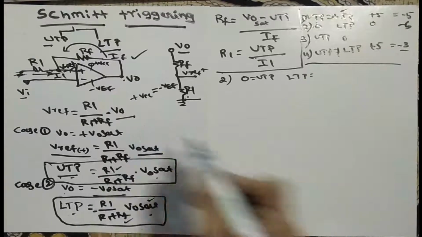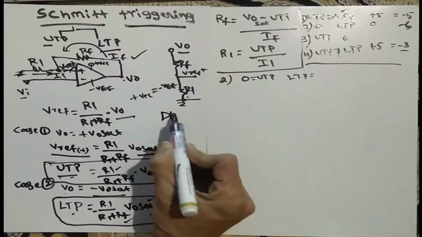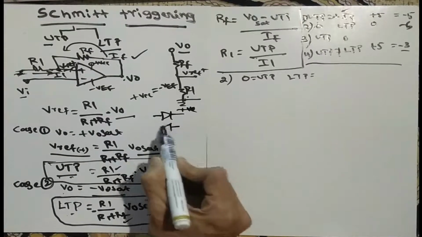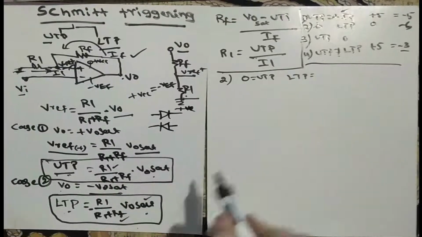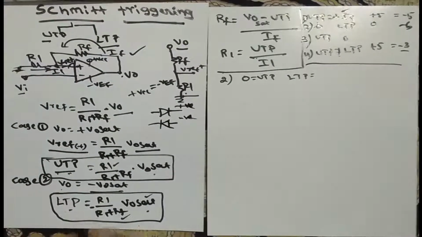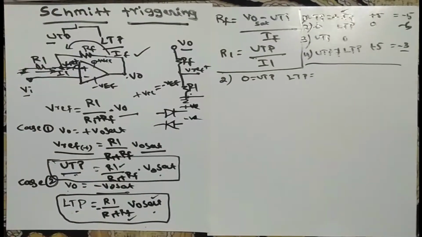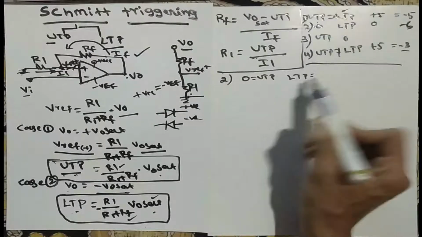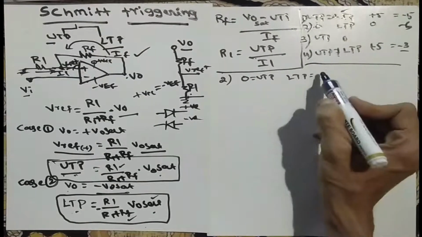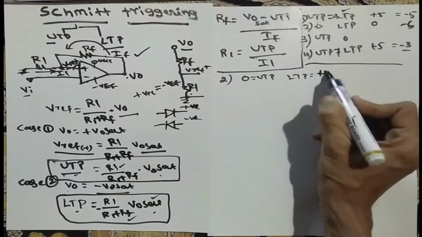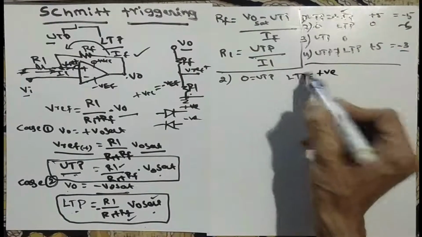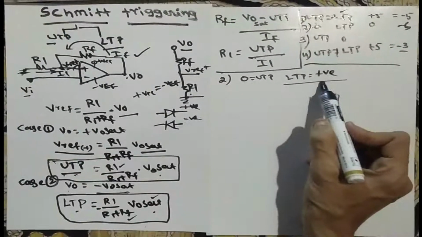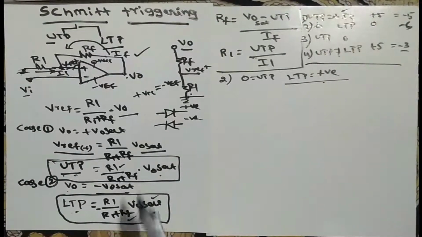Usually in our mind the diode comes to the picture. We know the diode operation. If the diode is forward biased, I am getting positive. If the diode is reverse biased, it is the opposite, so we follow the negative one. Yes or no? Depending upon the diode, we can adjust positive or negative. In our case LTP is to be obtained, some value of LTP, which may be positive or negative. So LTP is some value and UTP is 0. For this we have to make it work in the negative cycle and not in the positive cycle.